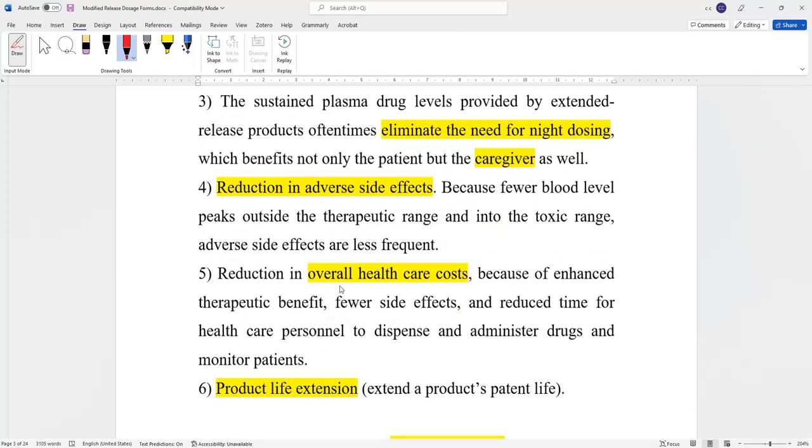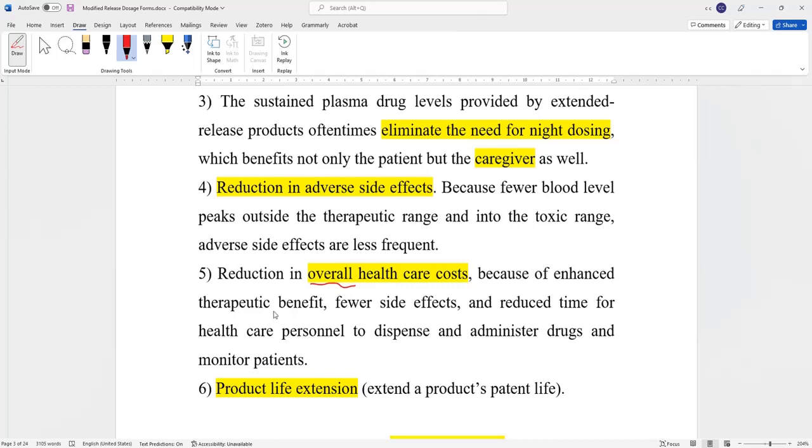Now, reduction in overall healthcare cost. You have to be careful, because here we are saying overall. Because if you want to compare the price of extended release dosage form compared to immediate release, as opposed to extended, immediate. Okay, so if you do that comparison,